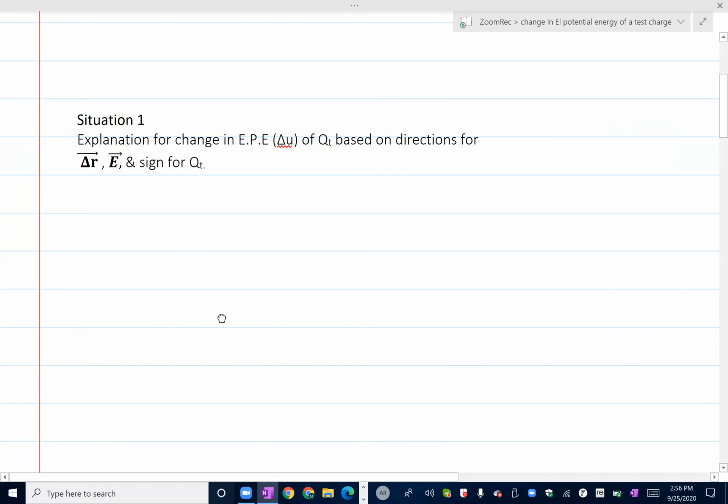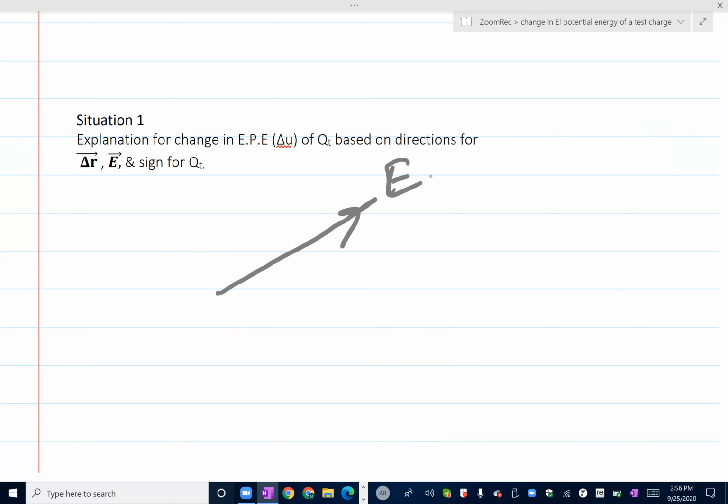Now where del, I told you, this is based only on the sign of E. In this situation one, only E is given. They have not told where the test charge is. They have not told whether the test charge is positive or negative, or whether this electric field is a result of only one source charge or many source charges around. They have not told whether this E is due to a single source charge, and if only one is there, what is the sign of it? Nothing like that is told here. All those things are hidden from you.